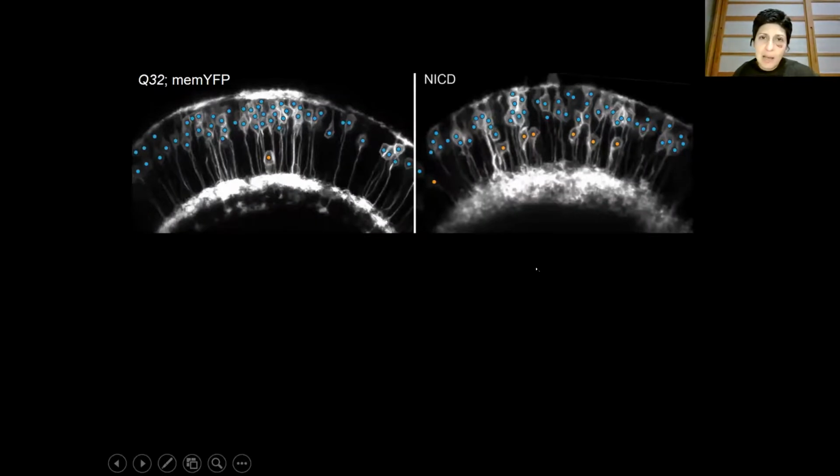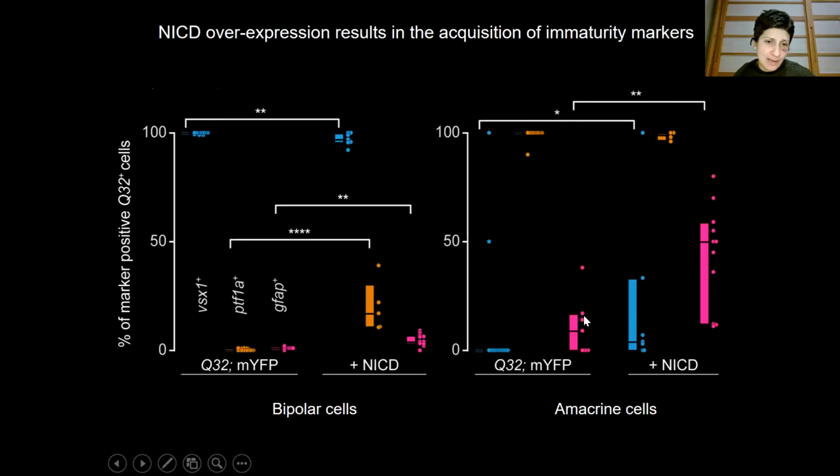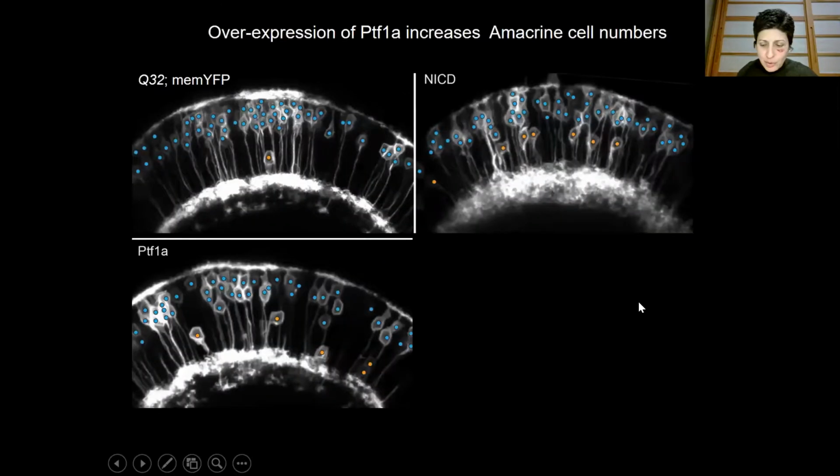So this is a recap of what I already told you, the excess numbers of amacrine cells following NICD overexpression. What about if we overexpress PTF1A? Remember I told you about the transcription factor PTF1A being a marker of amacrine cells, but it's actually also a transcription factor that is necessary and sufficient for driving amacrine cell fate. We do see an increase in the number of amacrine cells, as you can see here, but it's moderate